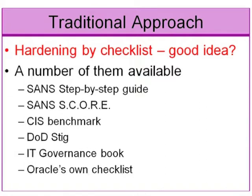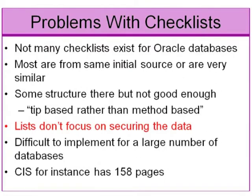I tend to see databases that have been following these lists to much more depth, and that's generally because you've got more regulation over there, so things like SOX and HIPAA and so on. But is hardening a database by a checklist a good idea? Obviously you can't respond to me, so I'll answer it myself. In my view, no. And the reason